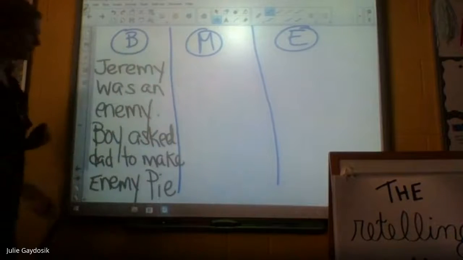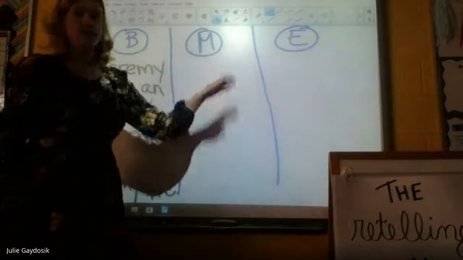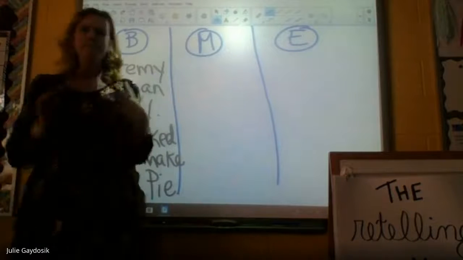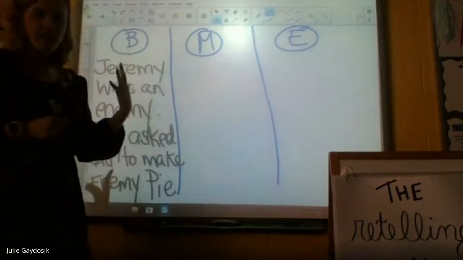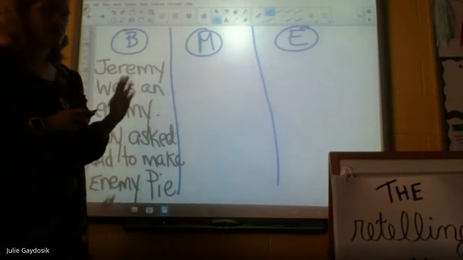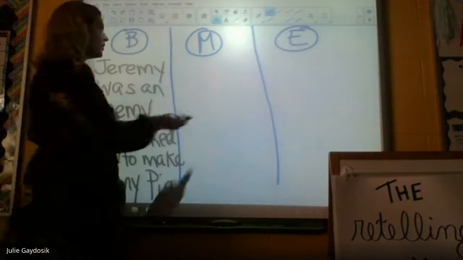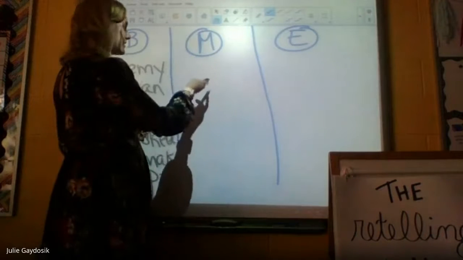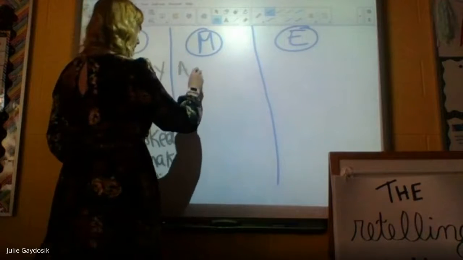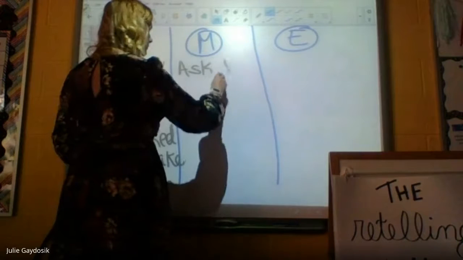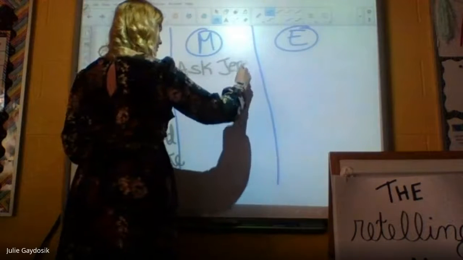And remember, the boy decides that he's going to go and get like dirt and bugs and rocks and sticks to put in the enemy pie. And the dad's like, no, we're not going to use that to make enemy pie. So then the boy decides that he's going to go over to the house and he's going to ask Jeremy